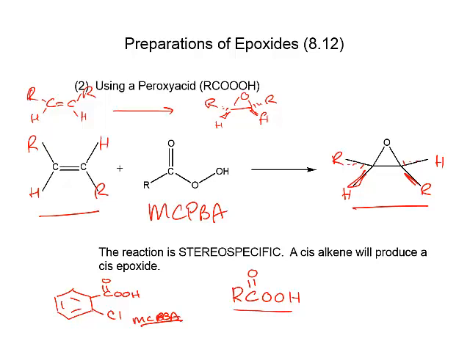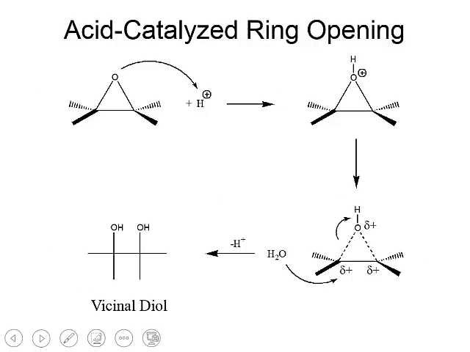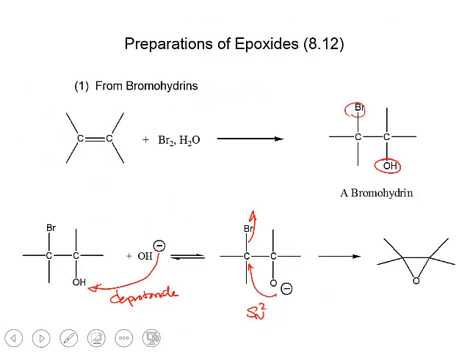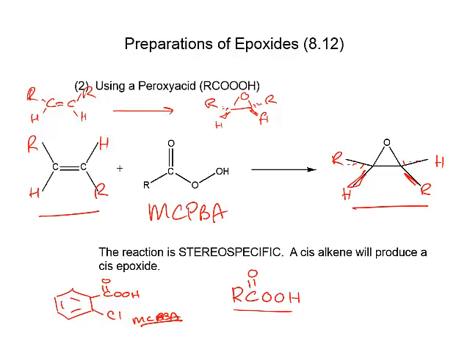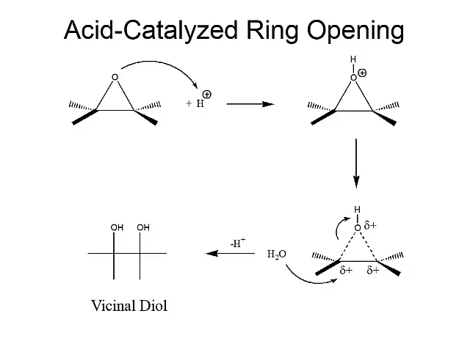So the whole idea here is I'm making epoxide. I can do it in one step with MCPBA or peroxy acid. I can do it in 2 steps. How do I go backwards? I can do it 2 steps from bromohydrin. So the preferred method is MCPBA. That's the preferred method. So then the question becomes, if I make an epoxide, big deal, what can I do